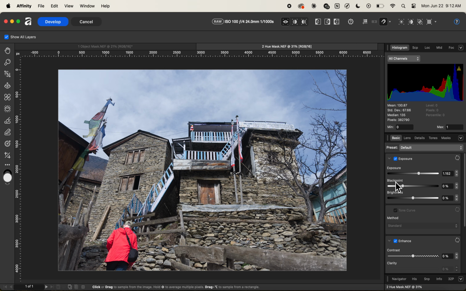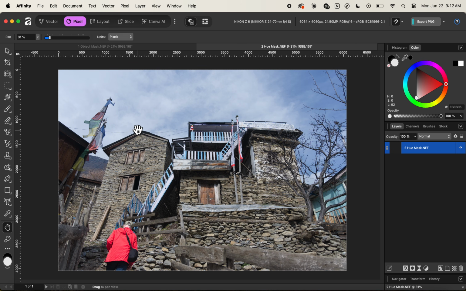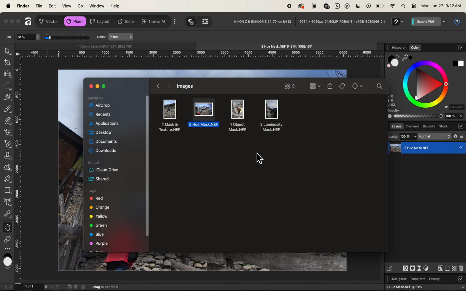So this is how you can use the hue range mask in the develop persona in Affinity. Now I'll click on the develop button right here in order to develop this raw file. Now the next thing is, let us check the new luminosity mask inside of the develop persona in Affinity. So for that, I'll click on the finder window one more time, and then